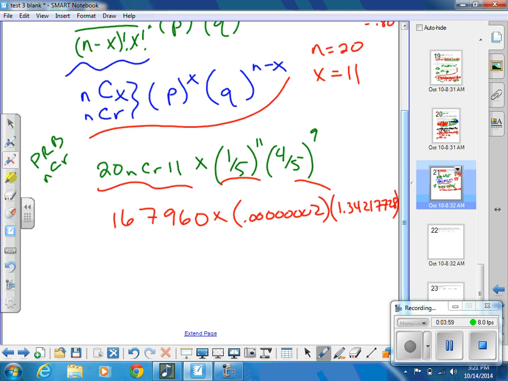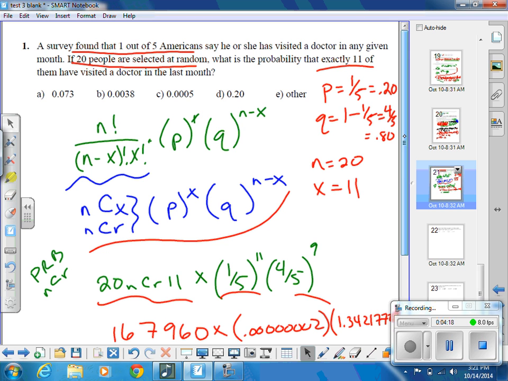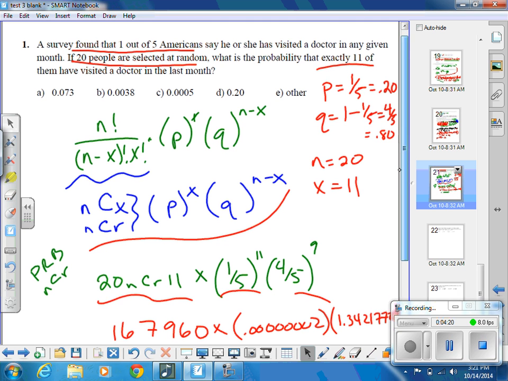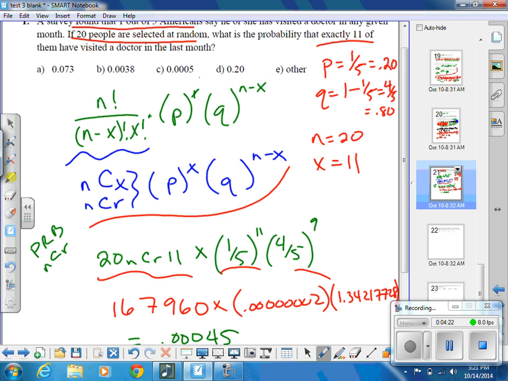1.342177728. Oh, I'm running out of room. Yeah, so if you can do it all on your calculator once, it's going to save you a lot of writing, okay? So I would say most calculators, you would just trust and be able to punch this in and get the answer. Well, working this all out, you end up with 0.00045, and if you go back up to our answer choices, we don't have that, but the closest we have is this, where you rounded